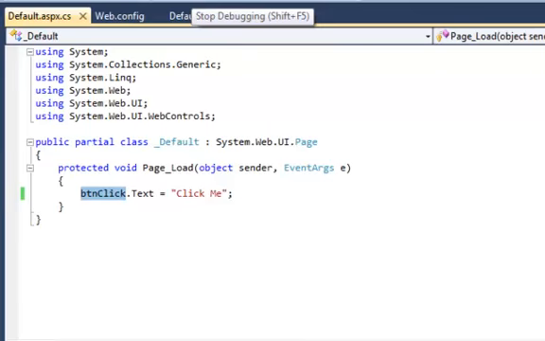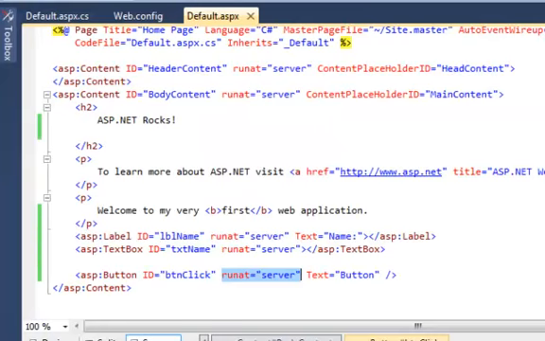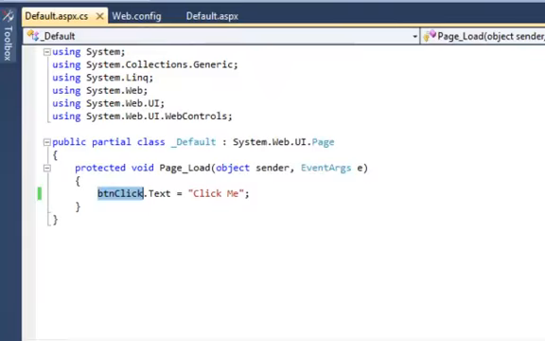Because I specified the button as runat equal to server. When you say control is equal to runat equal to server, it means that ID is accessible on the web application, on the server. Remember, whatever is there in the default.aspx.cs